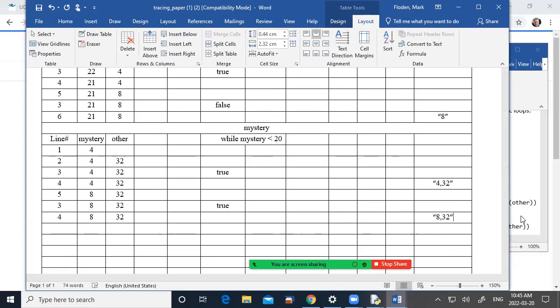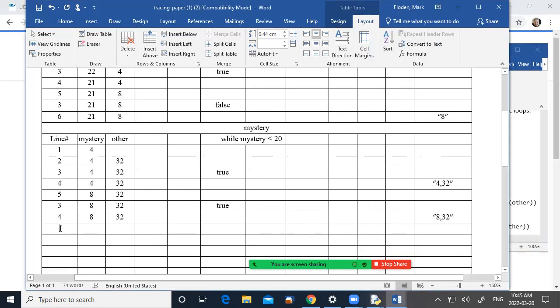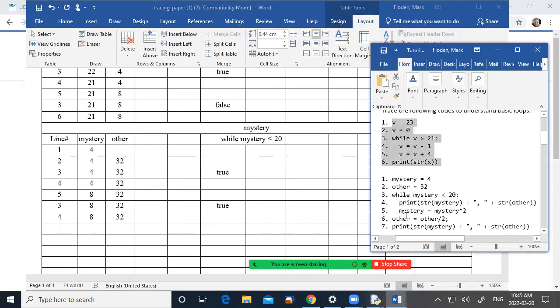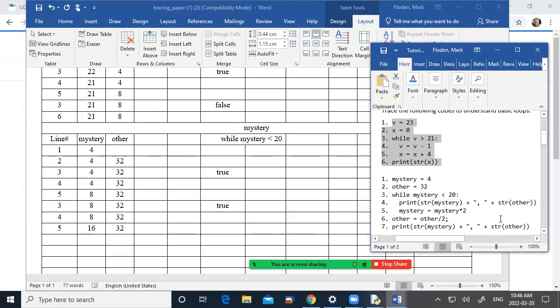Because that's the printout at line 4. Then we multiply mystery by, in the next line, because the next line we go to is line 5. Did line 4, go back and do line 5 again. And mystery gets multiplied by 2, so mystery will be 16, Shema says. And Shema is exactly right. Other doesn't change, but mystery does. And so mystery became